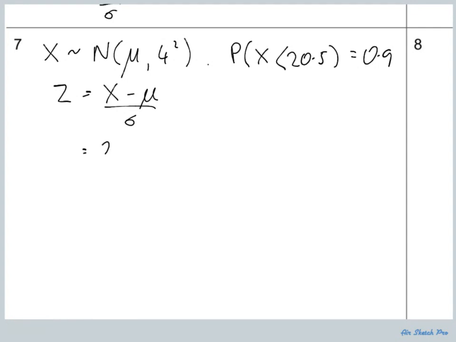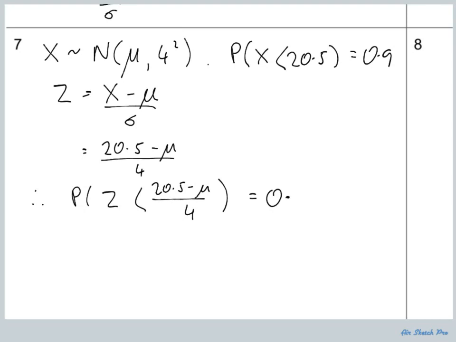X in this case is 20.5. Mu, the mean, is unknown, and sigma is 4. We can't really do too much more without it being particularly useful. So therefore the probability of z less than 20.5 minus mu over 4